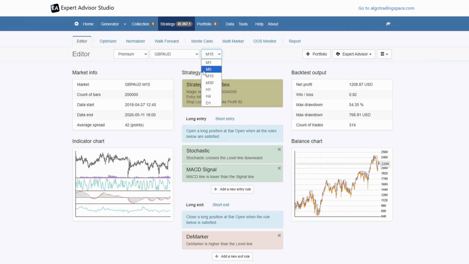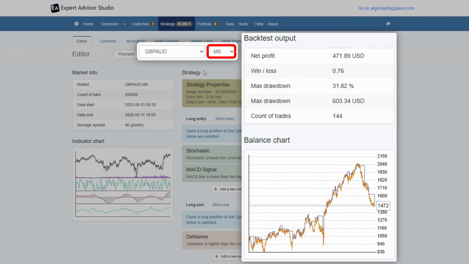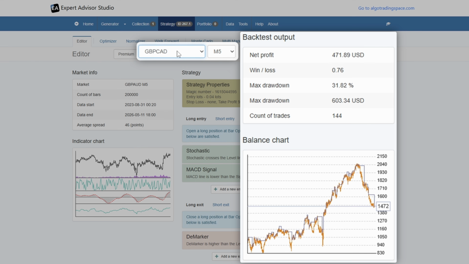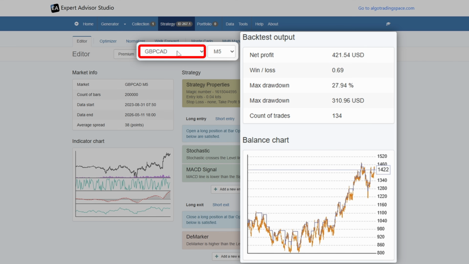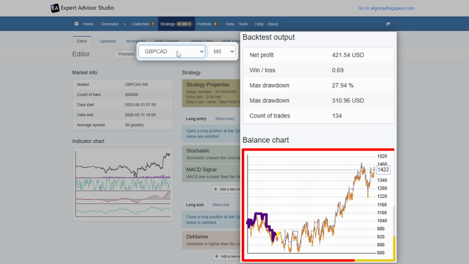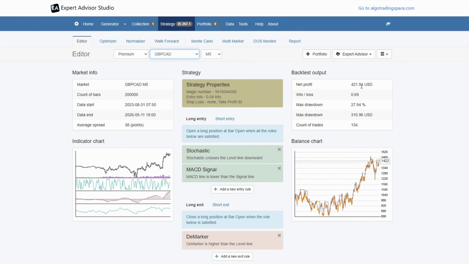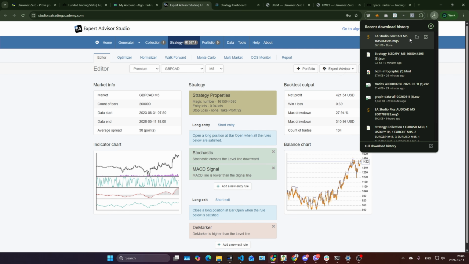Even here on the Pound Aussie, if I switch to M5, I can see a change. That's not the perfect balance line, it's not better than before, so I can play around with the symbols, and you can see that on Pound Canadian M5 the strategy is performing well. We have a positive balance line, which is enough for me. So this is a good strategy, and what I will do next, I will take the strategy and I will